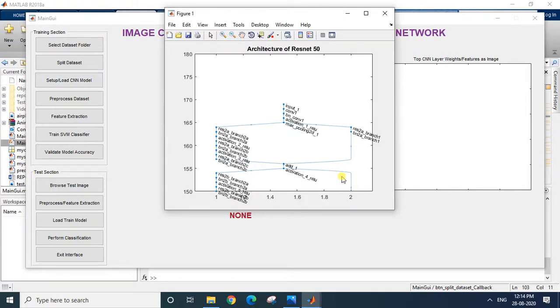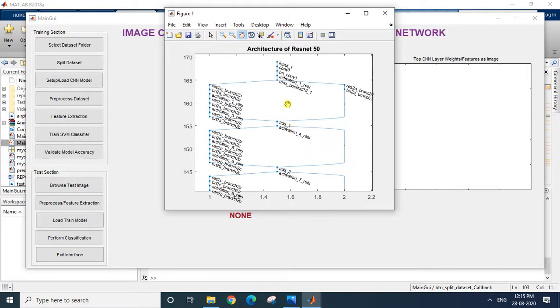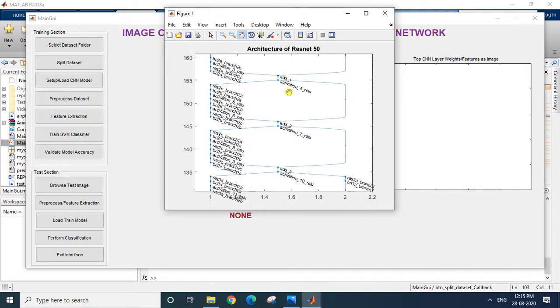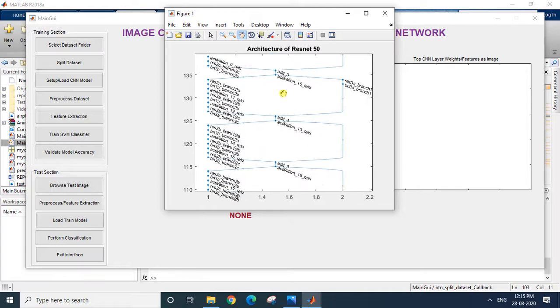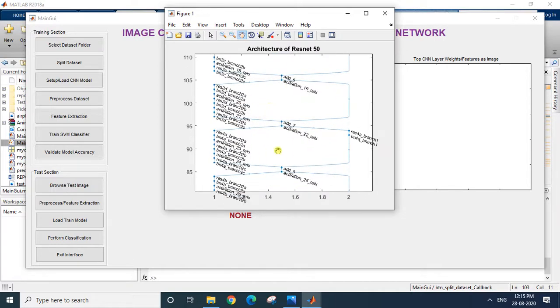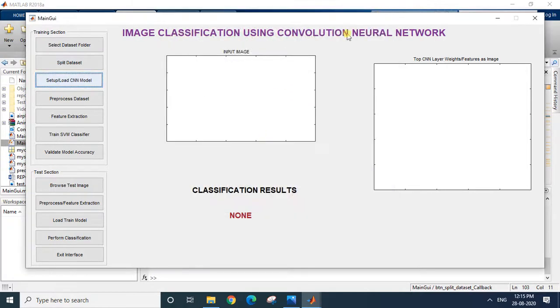You can see it has been loaded and it is showing me the architecture of ResNet 50. I can even click on the hand cursor here, and we can see the ResNet 50 architecture. These are all the layers present in ResNet 50, and I have loaded that one.